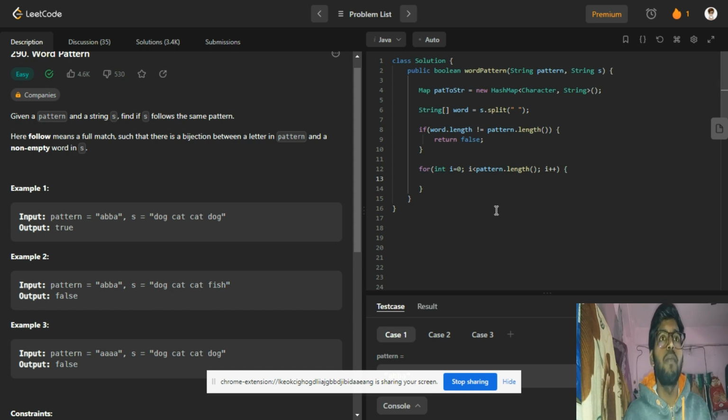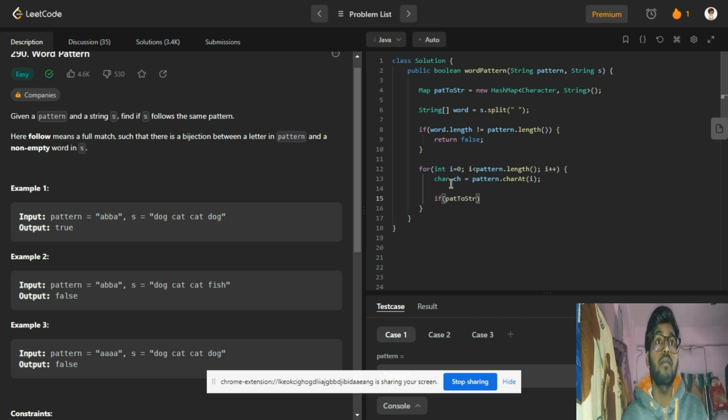Then I have to check whether this A is already there in my hash map. Whatever particular character I have at that instant, I'll store it in some variable, so it will be easier for me to write the code. So a char ch: whatever character is at the ith index in this pattern, I will store in this ch variable. Now I will check, if this map, named pat to str, that is, we are matching pattern to string,